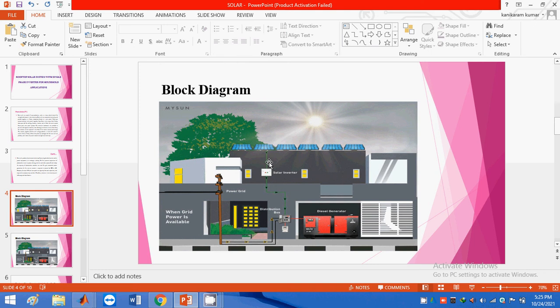Why? Because the loads we have, either a refrigerator or a fan or a bulb, are AC loads, so we require AC at the load end, but the solar panel power is generated in the form of DC. So we need to convert DC to AC.